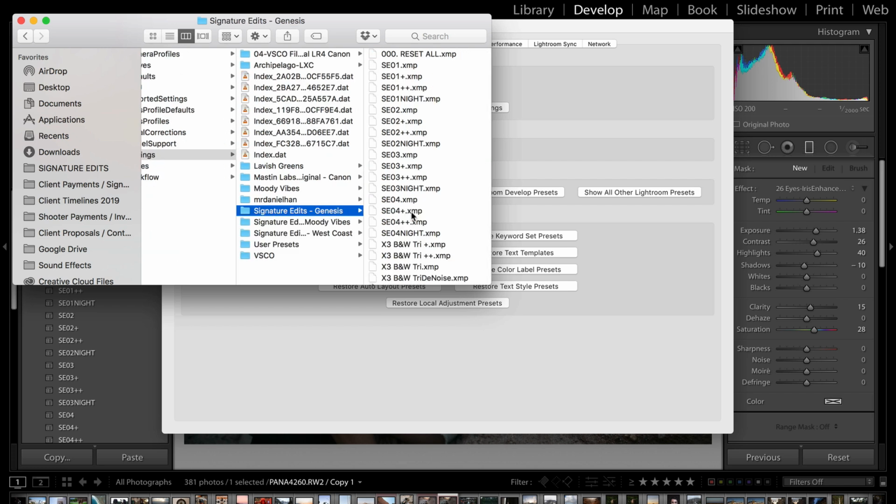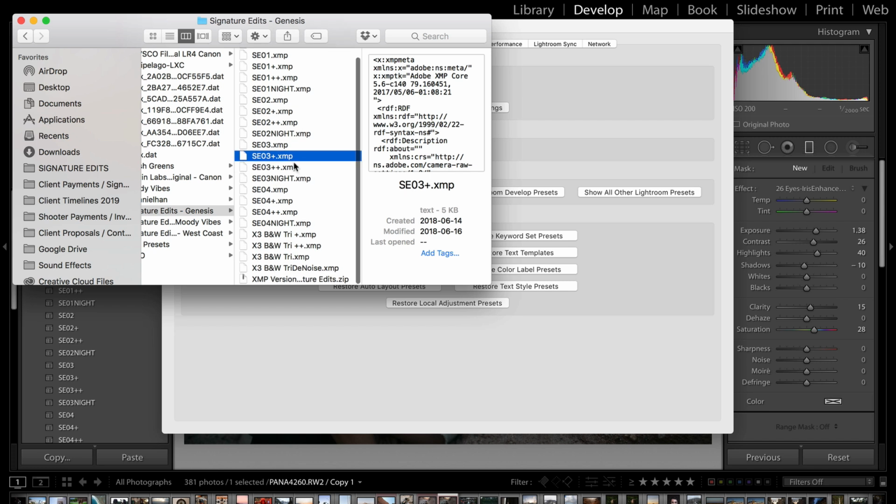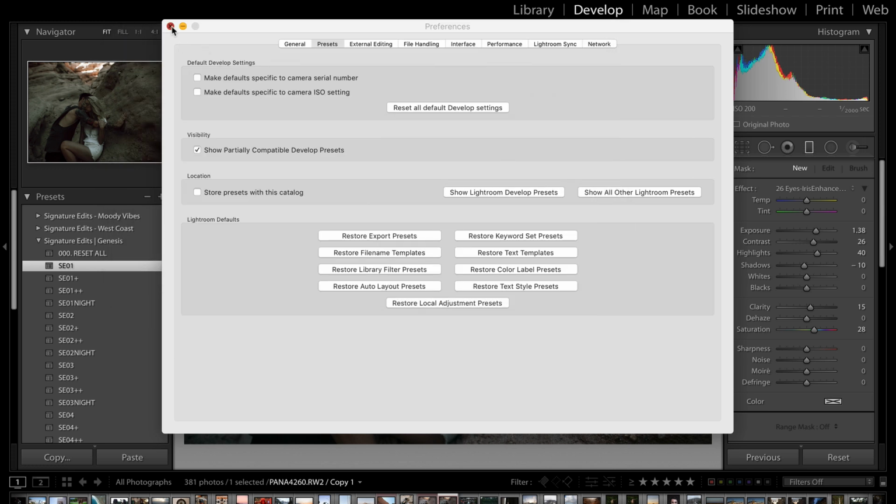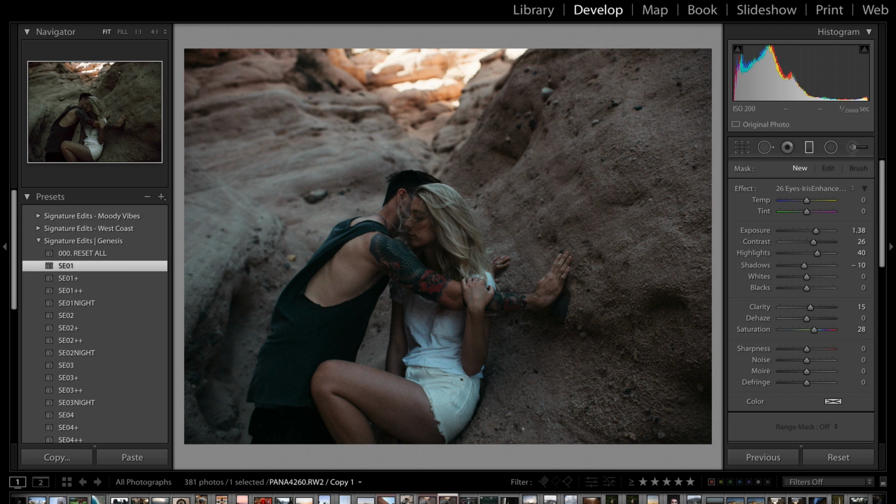So you can see we've got Signature Edits Genesis. Right now mine are all XMP because I'm on a most recent version of Lightroom. However, if you have .lrtemplate files, that's fine. You put them in the same spot. Okay? So once you've got that done, and if you don't have this working the same way as me,